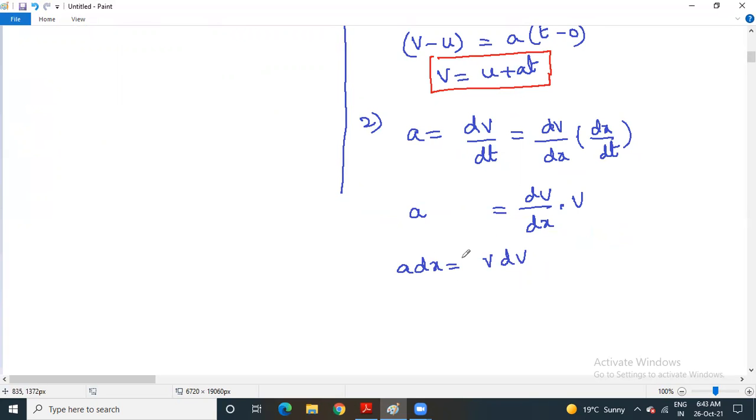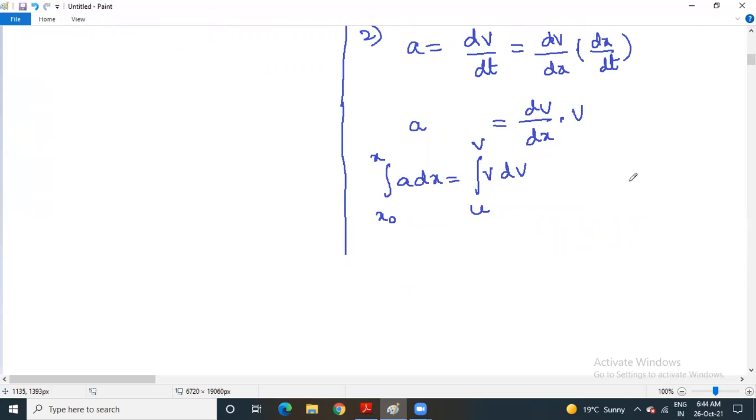Now once again making use of integration. So integration this side, from initial position maybe x naught, final position may be x. Maybe initial position, you can also take it as 0, suppose the body is starting from the reference point, you can make it 0. And final displacement is x. Right. So at x naught, maybe initial velocity u, and after covering a distance of x, its final velocity may be v.